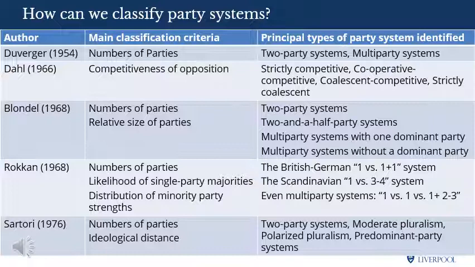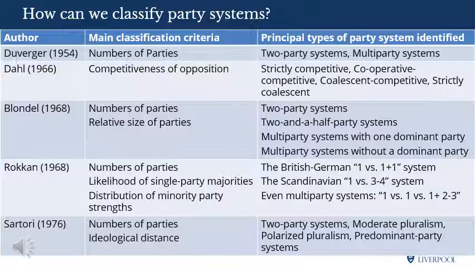But this classification hides the dynamics of party competition. So, for example, both Switzerland and Finland would be classed as multi-party systems without a predominant party, but that completely ignores the different political cultures and patterns of competition within the 2 countries. So Swiss political culture is more cooperative and open to power sharing than the polarised Finnish system. And it also doesn't note whether competition is towards the centre or if the pattern of party competition is going out to the extremes, and we'll cover that now.